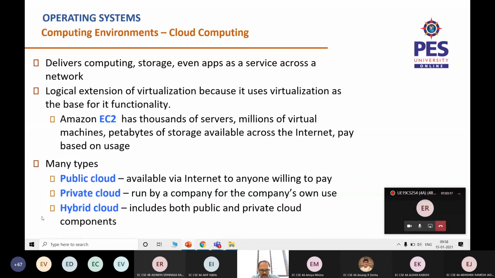One could be public cloud, wherein the resources are available on the internet, and anybody like you and me can pay and use that service. The other is private cloud, which is exclusively for a company's own use, so they have a secure environment. A combination of these is called hybrid cloud.